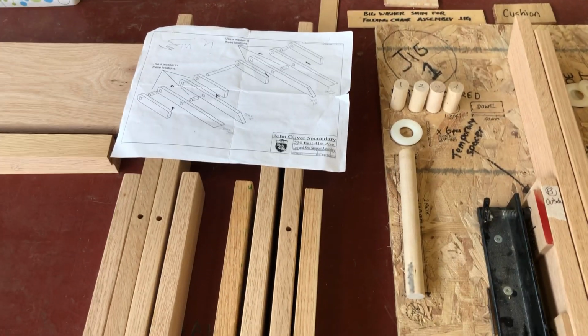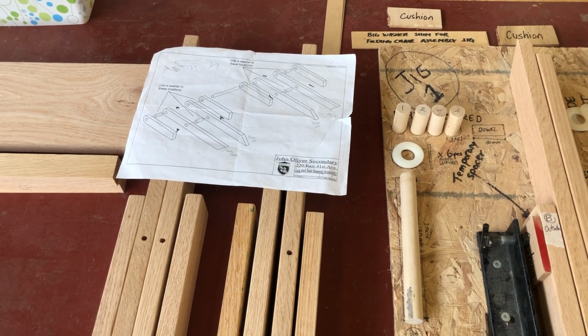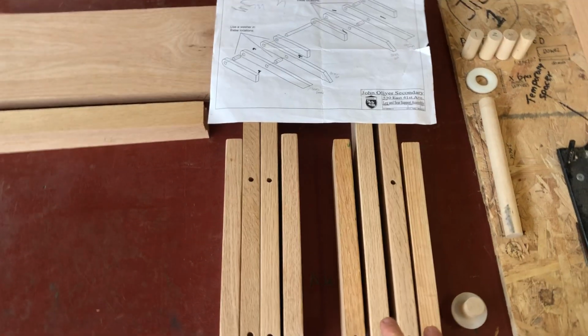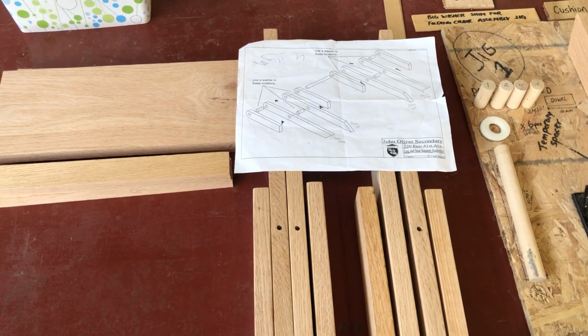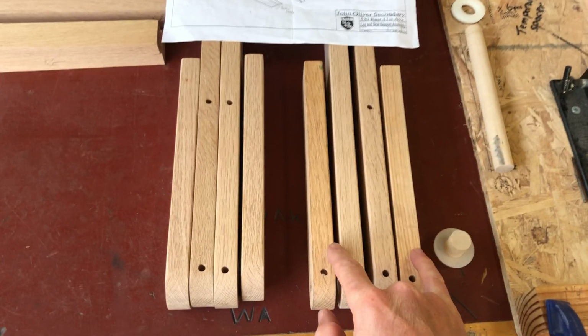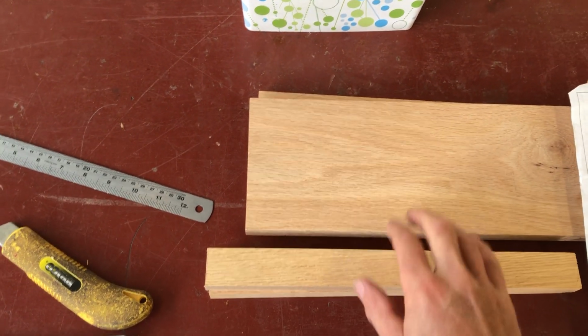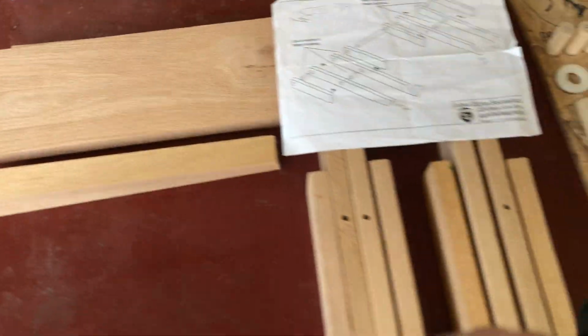Welcome to the moment you've all been waiting for, step 17. Following step 16, in which you sanded all your parts, we have your parts: 4 part A's, the long ones, 4 part B's, 2 seat tops, and 2 braces. So what you're going to do is come to jig one, and